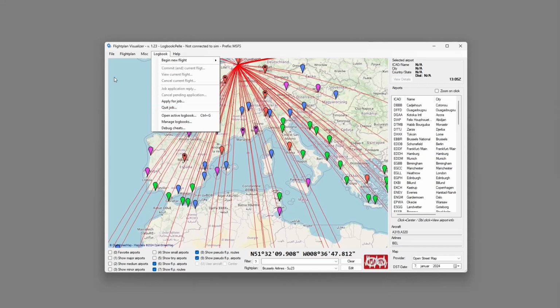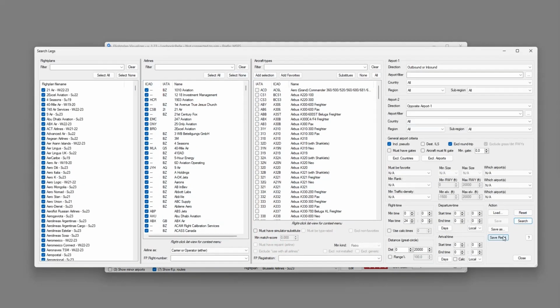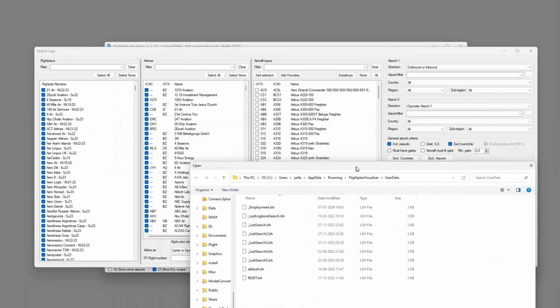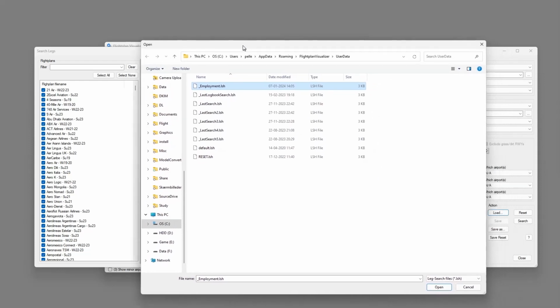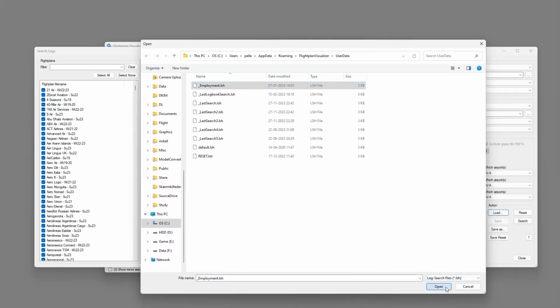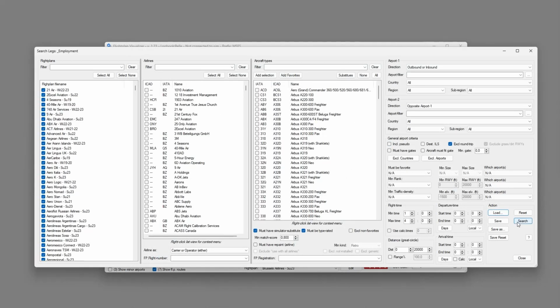When we are employed as we are now, we can actually see the routes that we can be assigned. Right now, the displayed flight plan is for Brussels Airline, but what we can do is go into the leg search and choose to load. These criteria can be saved, and you have this employment. The program will automatically create this file, and this file is actually based on your current employment. So if I load these criteria and do a search,